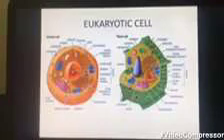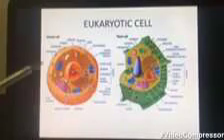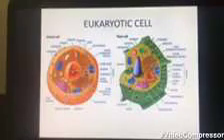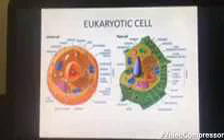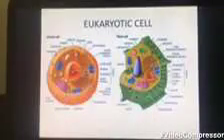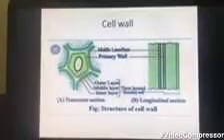So these are the diagrams which you are familiar with, that is the animal cell and plant cell. You studied about these diagrams in your lower classes also. You can refer to the same diagram. So here I have two diagrams, that is of plant cell and animal cell. Now let us go to the internal structure of the plant and animal cells. Let us start with the outermost structure that is present in the plant cell, that is cell wall.